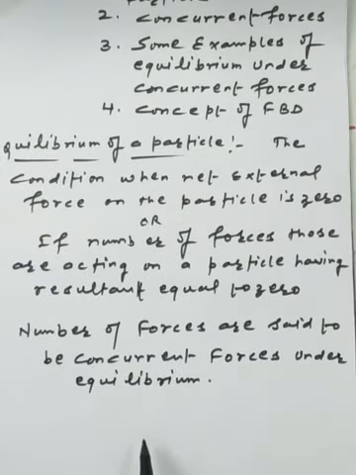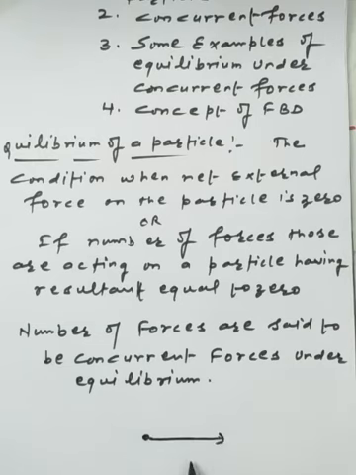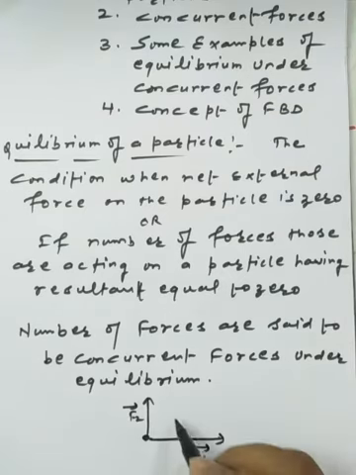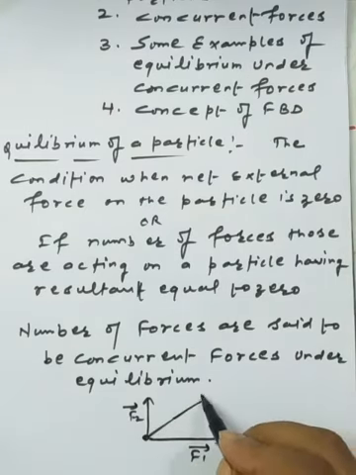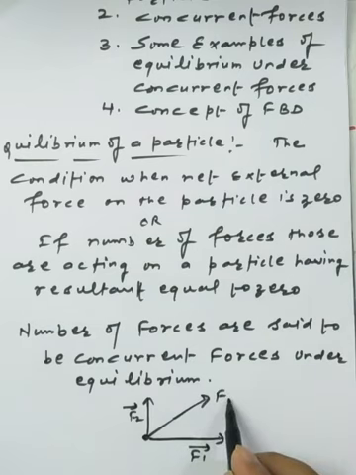Okay, now I am plotting one of the basics in front of you. Suppose this is the particle we have, and I am applying a force having magnitude F1, and another force which is normal to F1, that is called F2. As per vector notation, if we imagine the resultant of the two vectors, we plot the resultant between these two vectors, that is resultant R. So this is the resultant of the two forces we have.